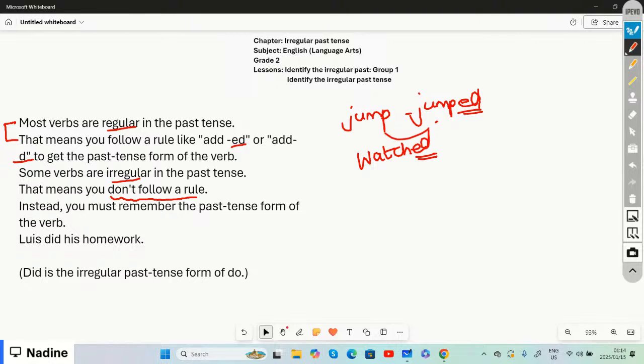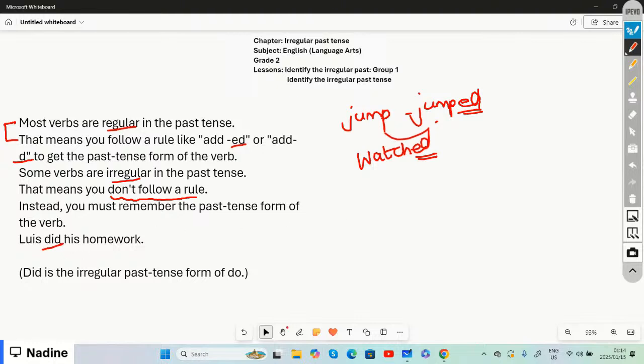And if you look at that word did, right? And this word did,